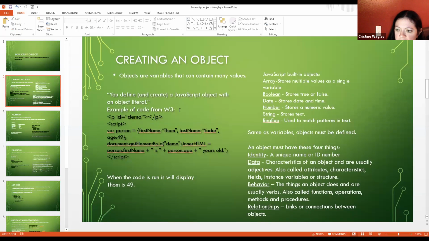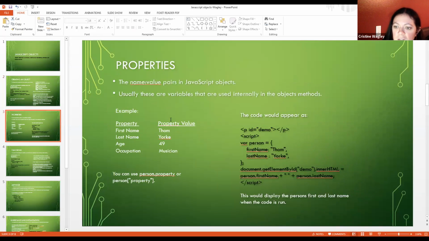And so next I covered the properties, the name value pairs in JavaScript objects. These usually are variables that are used internally in the object methods. So we see the property on one side, the property value would be like here, first name, Tom, last name, York.